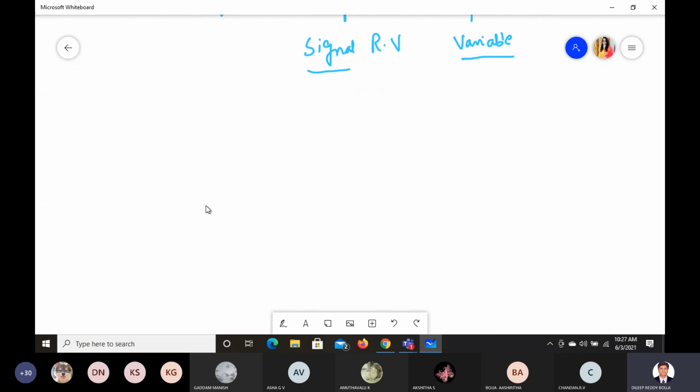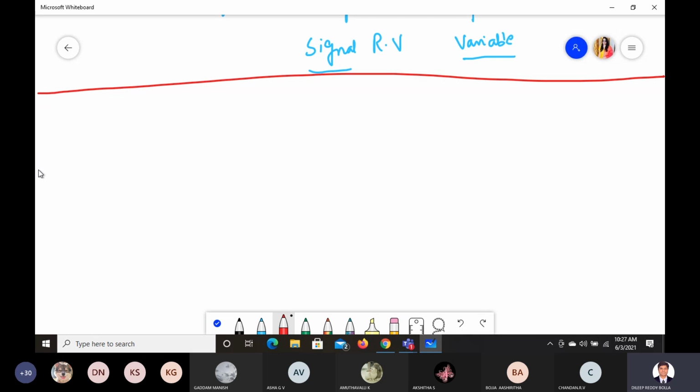Okay, next. Tomorrow's class I am going to check for sure whether you have solved it or not, the numerical question. So next is what we are trying to see today. The next topic from here on is the sum of IID random variables. Till now we have seen only the sum of two independent random variables.